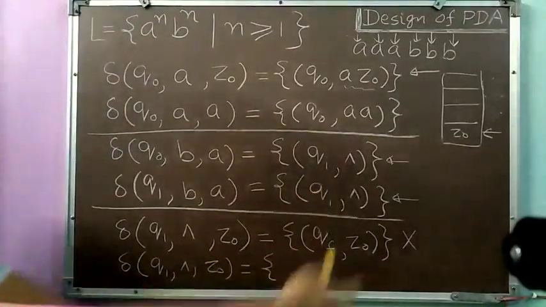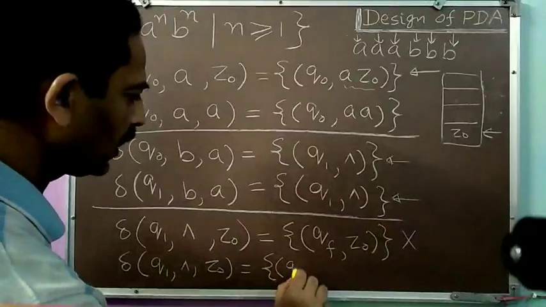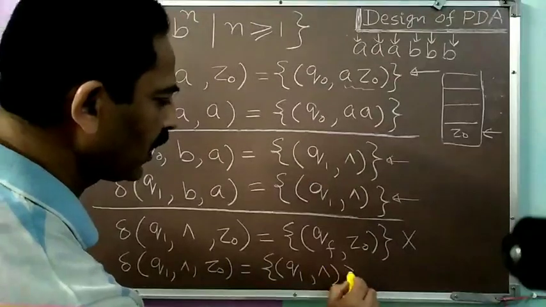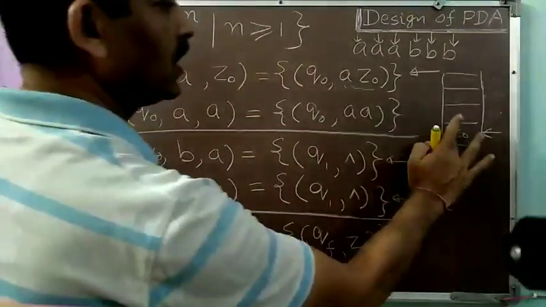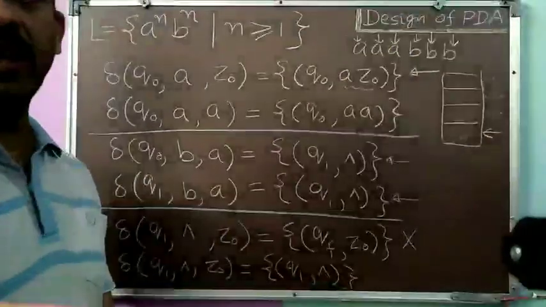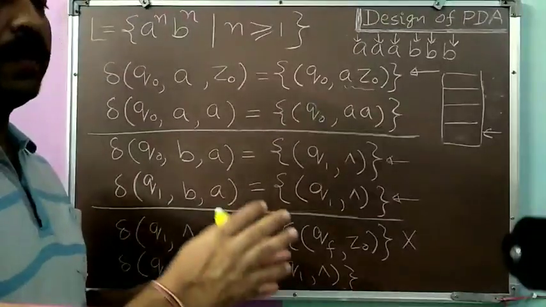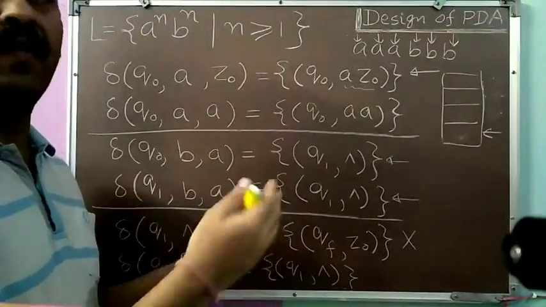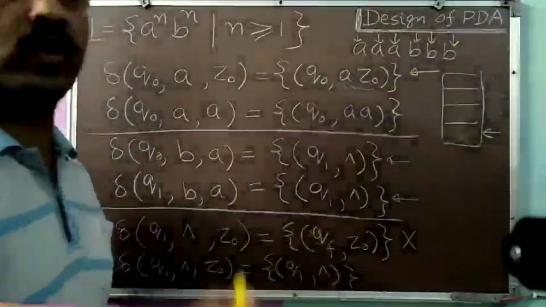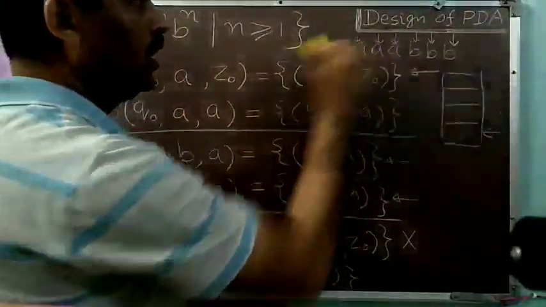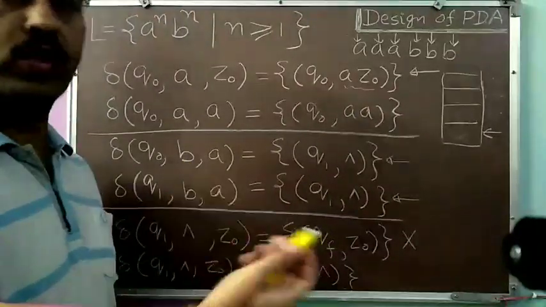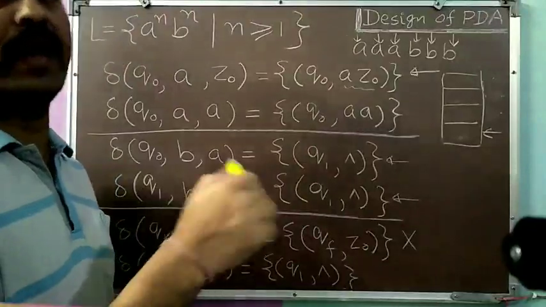So here, rather than moving to the final state, I will remain in the same state, suppose, or any state. Simply I write a null here. So when I write a null here, I will erase this Z0 as well. If I have erased my Z0, my PDS is empty now. And when my PDS is empty, my push down automata will halt. But it will halt in such a situation when my input string is fully exhausted, fully processed. So after fully processing my input string, if my PDS becomes empty, that also signals success. It signals success by null store.